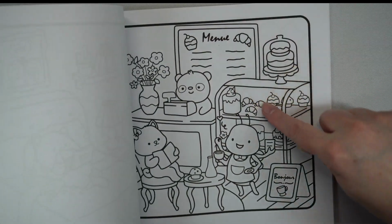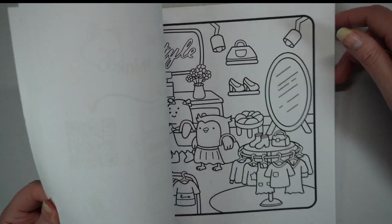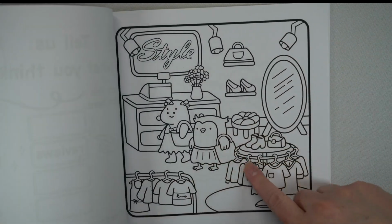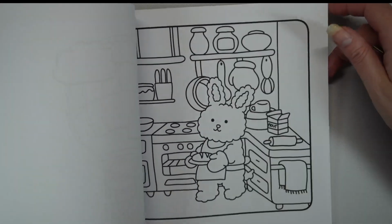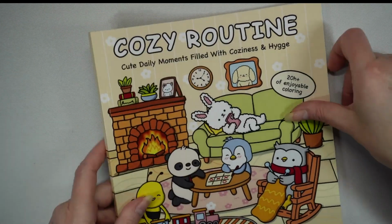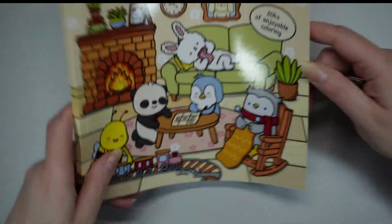Like, I quite like this little coffee shop, cake shop. That's quite fun. Fashion shop also always appeals to me. Yeah, there's a few different ones, but Cozy Routine by Kiki's Colouring was my...